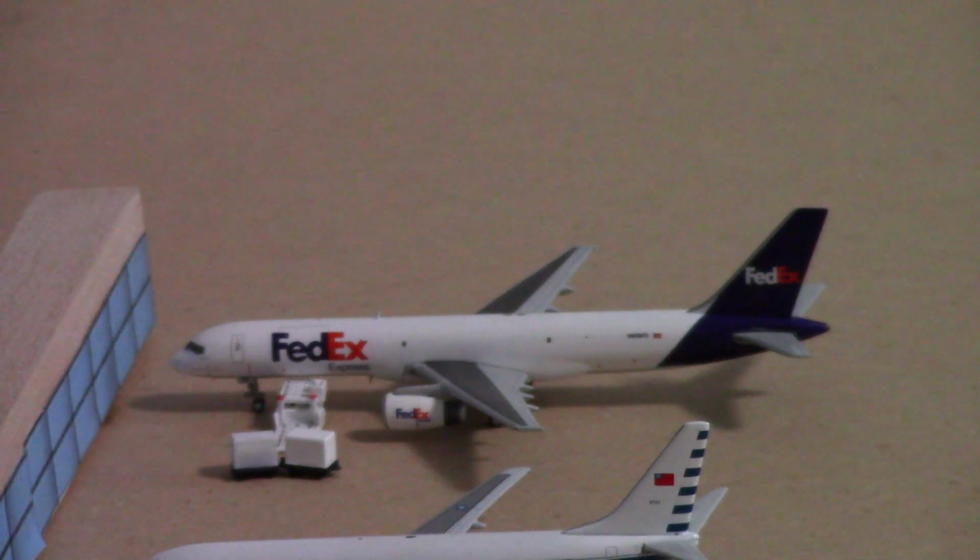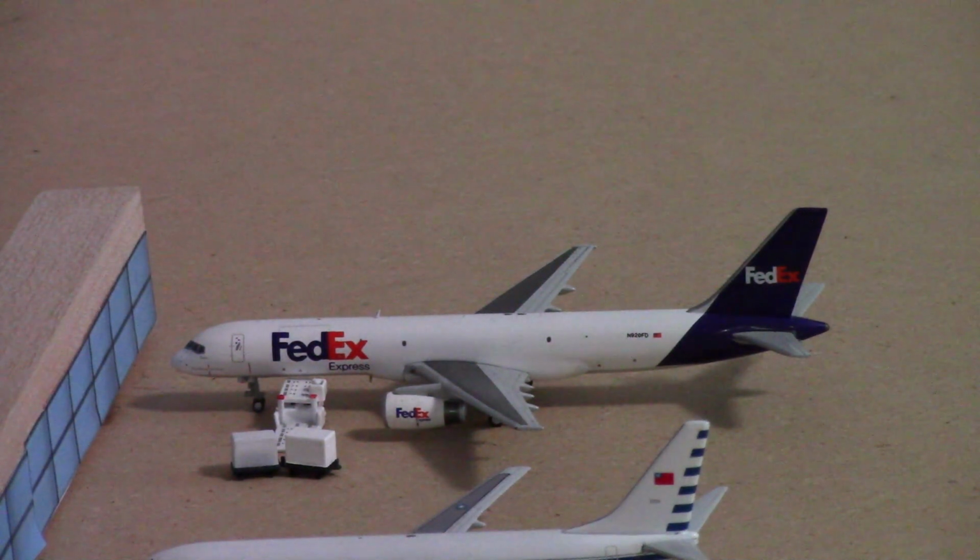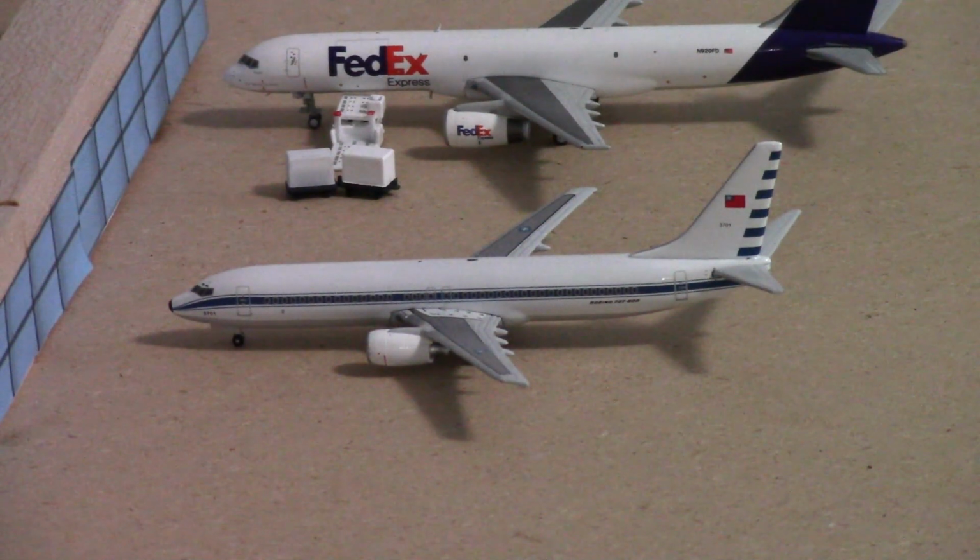Starting off at the cargo terminal, we have a FedEx Boeing 757-200, just getting some cargo loaded on as well as the crew members. You can't see the air stairs, but they're boarding onto the aircraft before it does a flight out to Grand Junction. Right here we have a blank Boeing